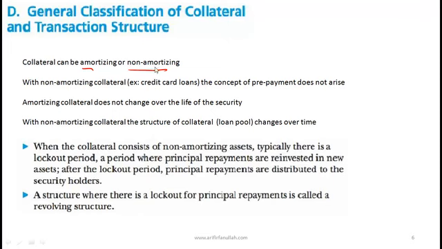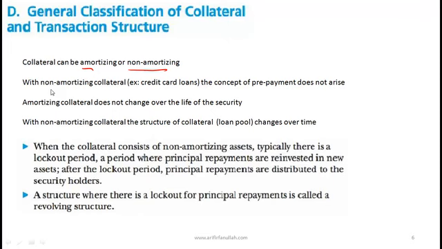What is non-amortizing collateral? I'll give you a classic example in the context of what you'll be studying. Do you think credit card loans could be used as collateral? So when people take out credit card loans, generally the unfortunate people who do that are often tied up doing what? Making just interest payments. Okay, would those be amortizing or non-amortizing loans? They are non-amortizing loans. So the large point here is that at a high level, collateral can either be amortizing or non-amortizing.